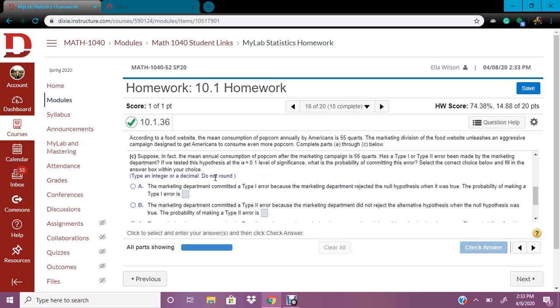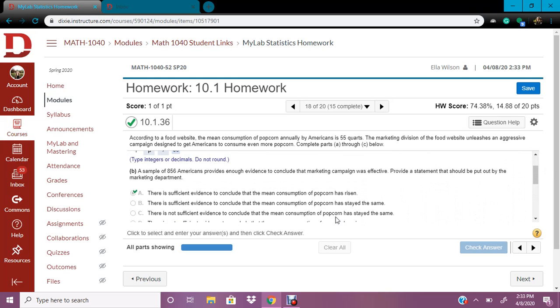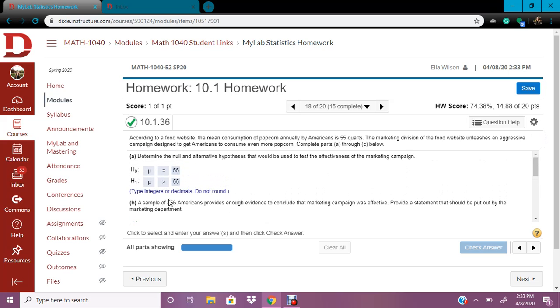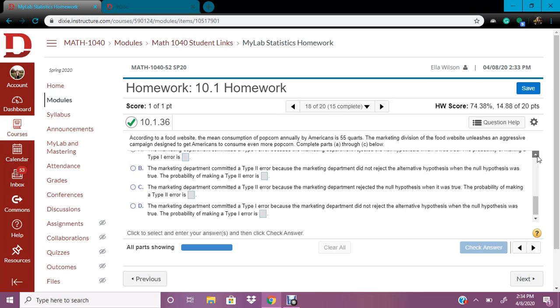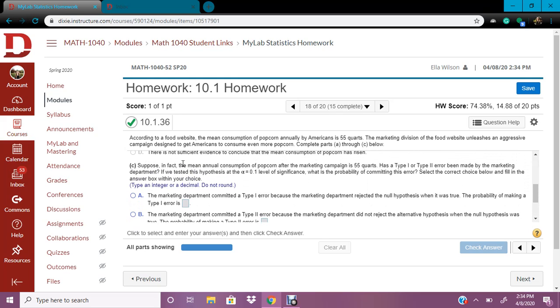And then part C gets a little bit tricky. So right up here in this last question, we said that there's enough evidence to conclude that the mean consumption of popcorn has risen. So that's what we're saying, is that this part is true. This alternative hypothesis, this H1, we're saying that the evidence points to that being true, and we're going to reject our null hypothesis. But then this one's saying, suppose in fact the mean annual consumption of popcorn after the marketing